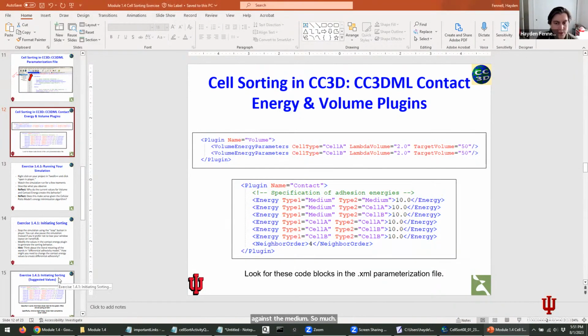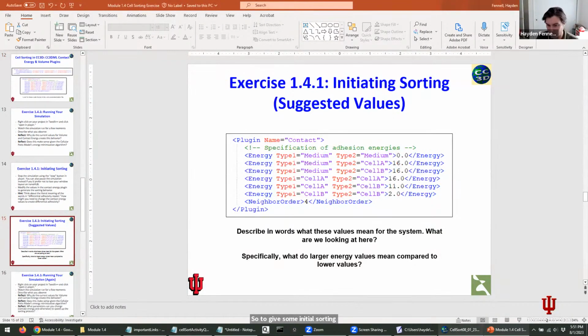So to give some initial sorting values, Pete's basically on the right track here. We have higher values between different cell types, lower values between the same cell type, and maybe default with medium. So these are some starting values to try. If you want to look at your contact plugin,